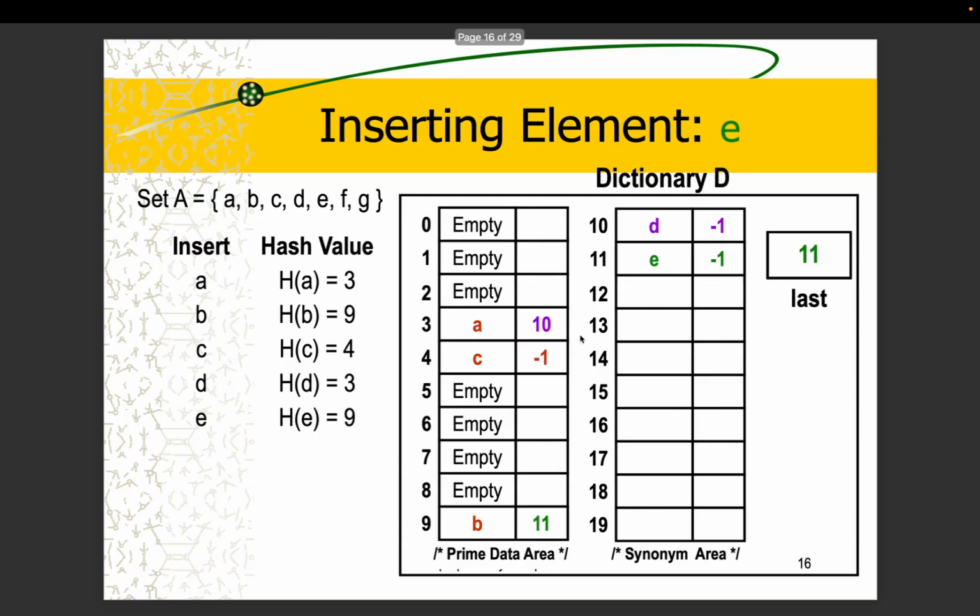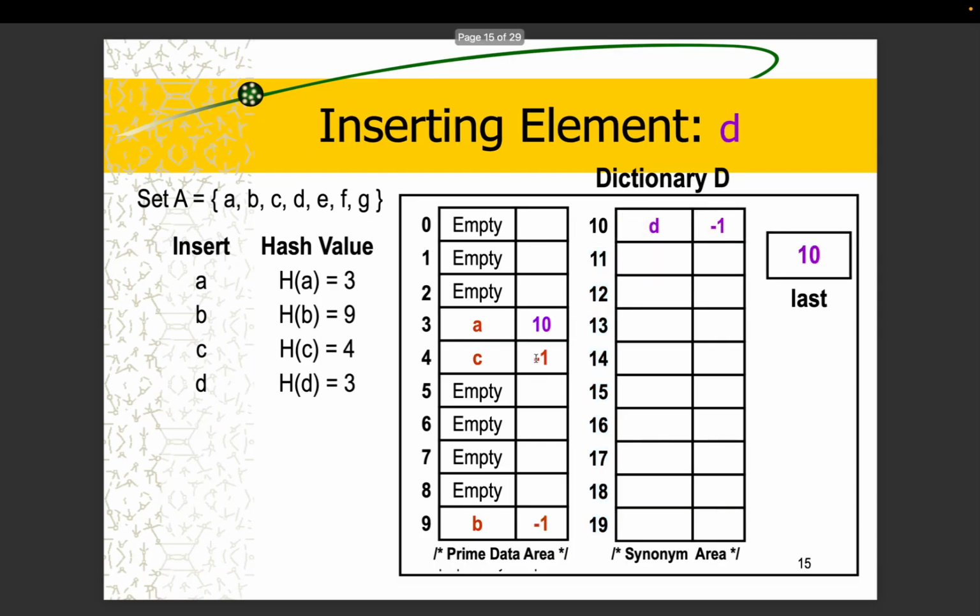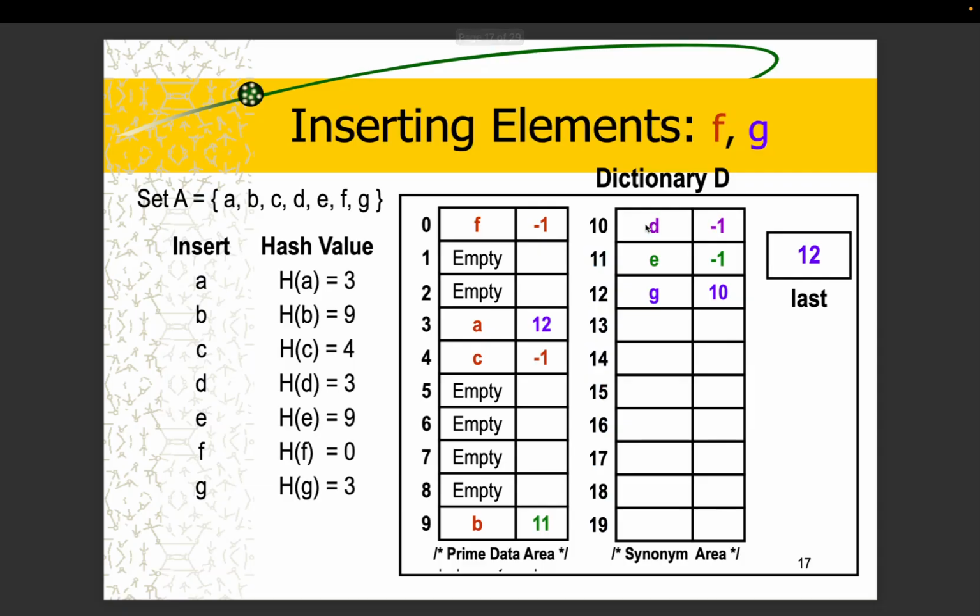I feel like I didn't even need to go to index 10. Please remove that. We could have just inserted G directly. And remember, G gets the value of the previous element. So G gets 10. And then 10 gets the value of negative 1. So you update your elements as you go. So G gets this value, and A gets the value of where G was inserted. So take a look. G was inserted. It got the value of the previous element. And I update A to be pointing to 12 now.